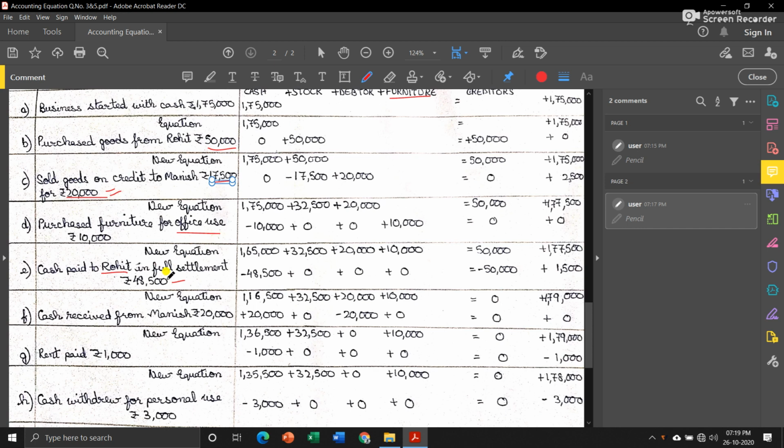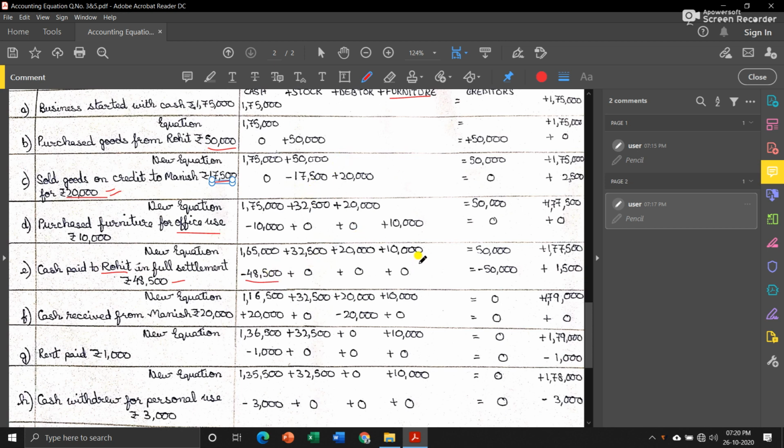So that means some amount is less than what he was supposed to pay. Now think from your own point of view. You were supposed to pay 50,000 to someone, but instead of that you paid 48,500. So it is somehow like you got discount, or you can say it is kind of profit for you, isn't it? That means you paid cash 48,500 only, so we will deduct 48,500 from cash, nothing to do with stock,